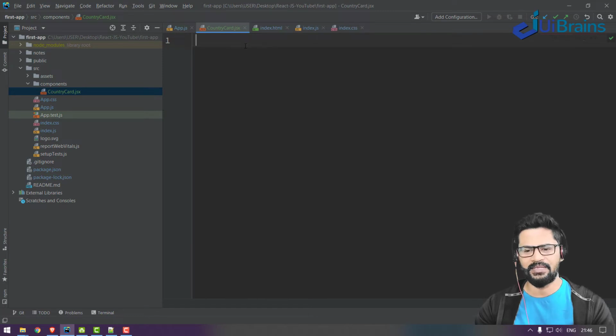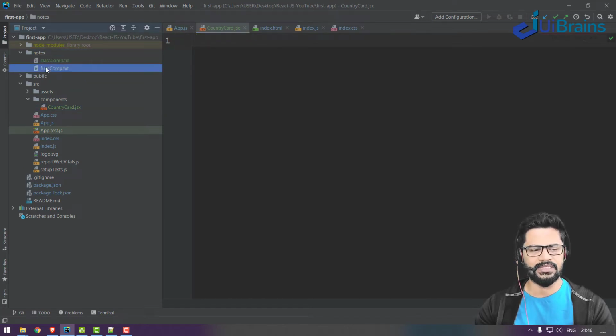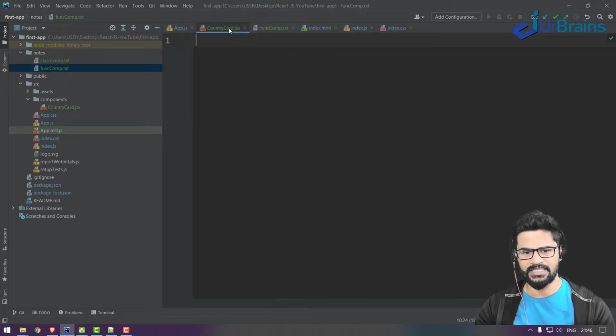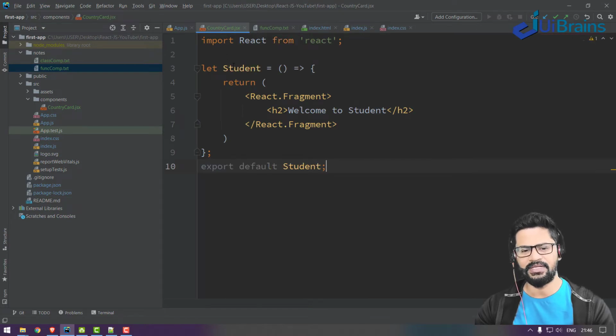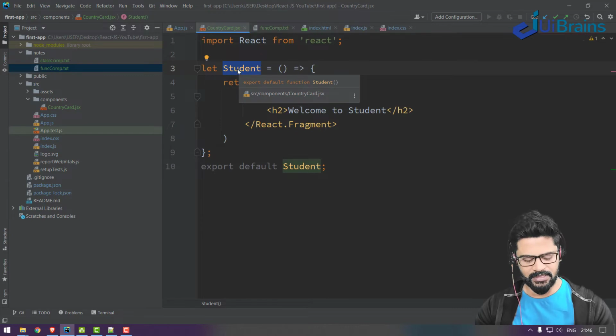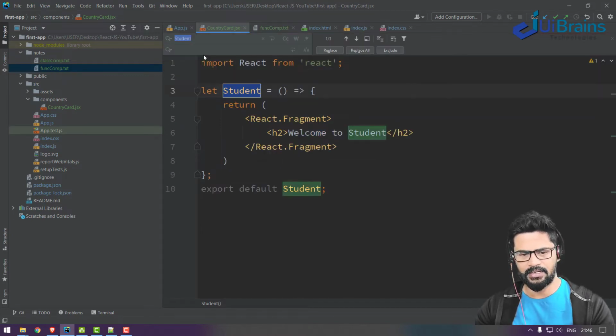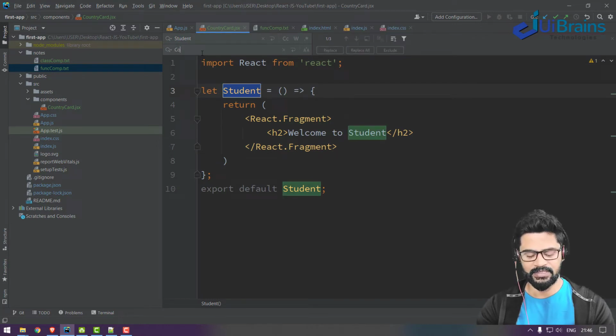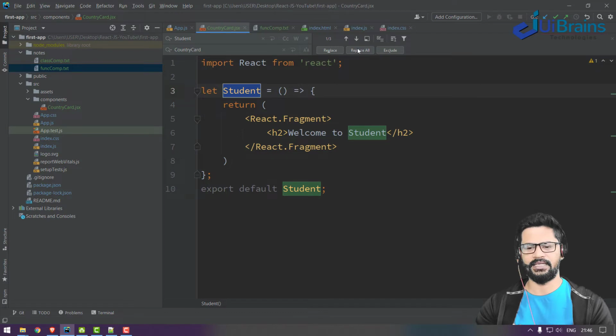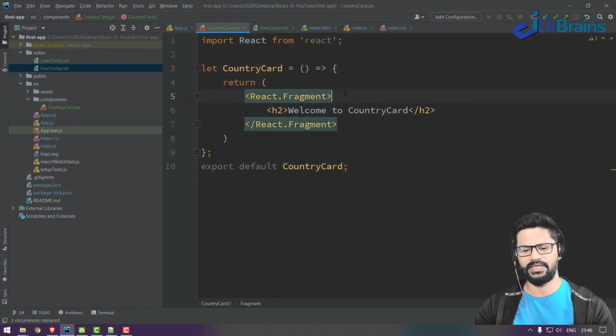I want a snippet, so I go to the notes, bring the functional component snippet and paste it. The only thing is I have to change the function name. Ctrl R, replace it with CountryCard, and then replace all. It's done. It's replaced here, here, and here also.